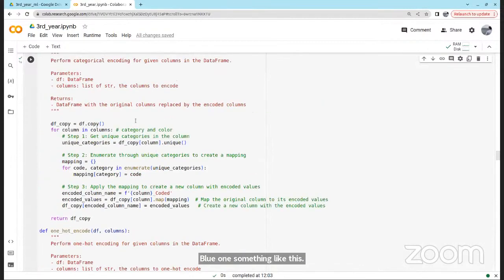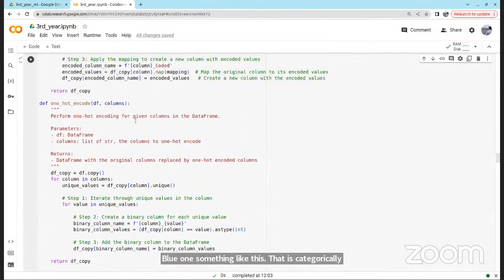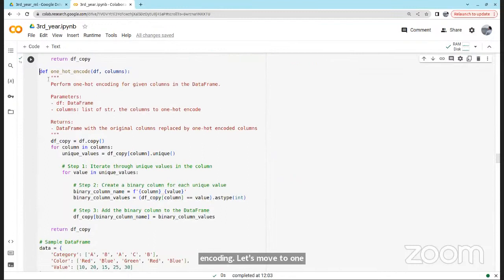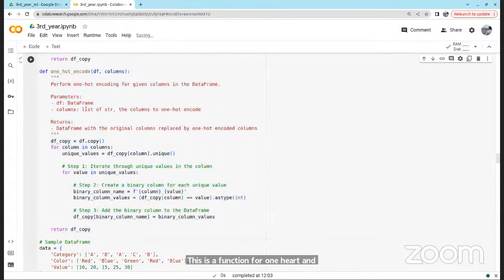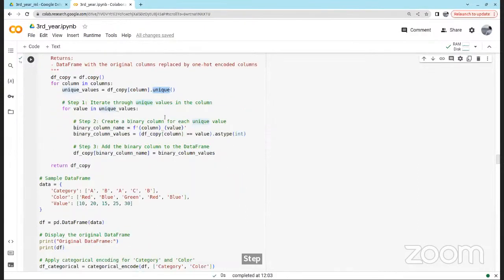That is categorical encoding. Let's move to one hot encoding. This is a function for one hot encoding. Here we'll create a copy of the data frame again, take the column, and take the unique values in that column. Step 1, iterate through the unique values in the column. Step 2, create a binary column for each unique value.